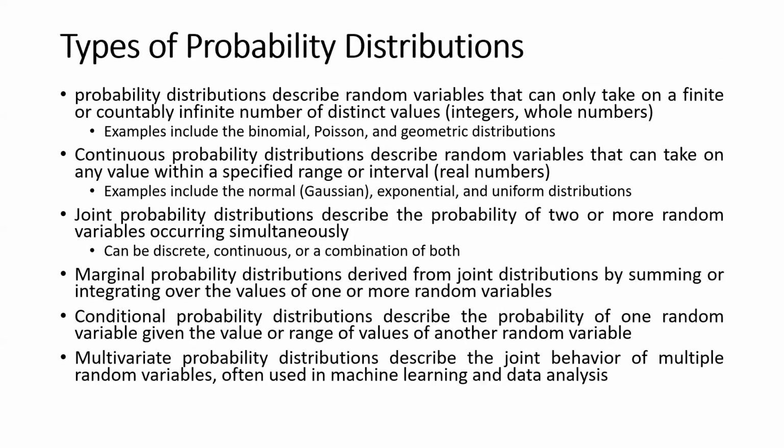Now, types of probability distributions. There are discrete probability distributions and continuous probability distributions. Discrete includes binomial, Poisson, geometric. These are discrete distributions because their support is discrete. And there are other distributions called continuous distributions: normal, exponential, and uniform. Why are they continuous? Because their support, meaning x, takes values